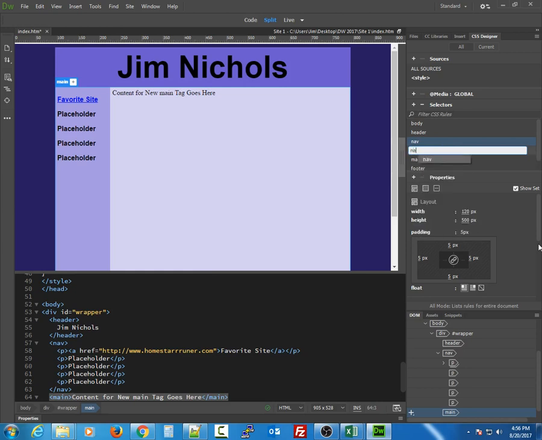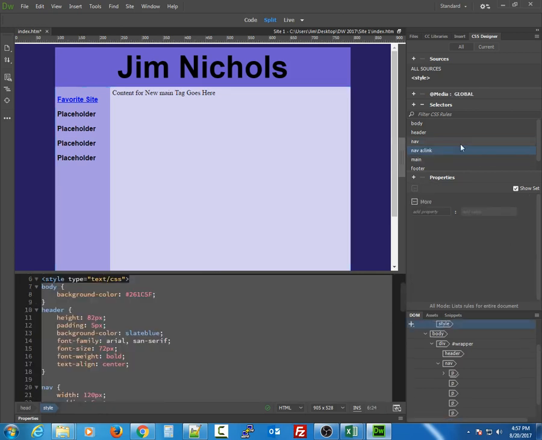So I'm going to do nav space a colon link, and so I'm creating a hyperlink pseudo class specific to the navigation. And that's always a good idea, because if you just created a link without the nav in front of it, it would affect every link in the site. And what we want to do instead is we want to affect just the links in the nav. Okay, so